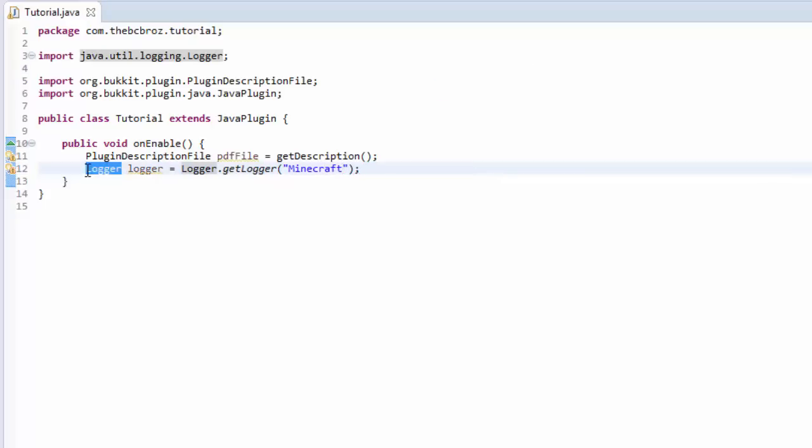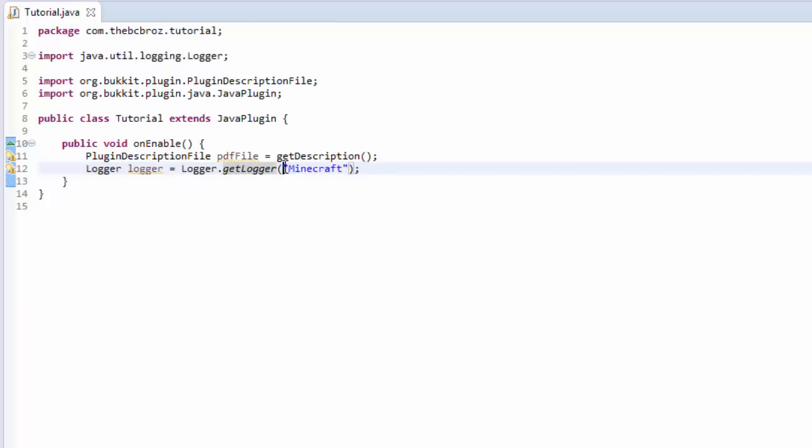So Logger is the name of the class that we're creating. Logger here with the lowercase is just a placeholder for the name logger. So instead of typing Logger.getLogger("Minecraft").log message every time, we're going to make a quicker way of calling it, just calling the object logger. So we're doing Logger.getLogger. We're using Logger, the class file, and the method getLogger,